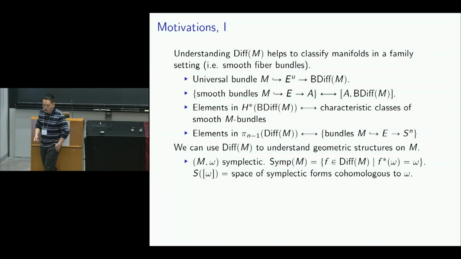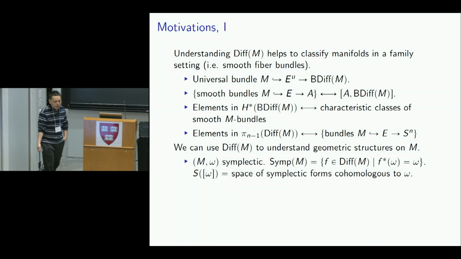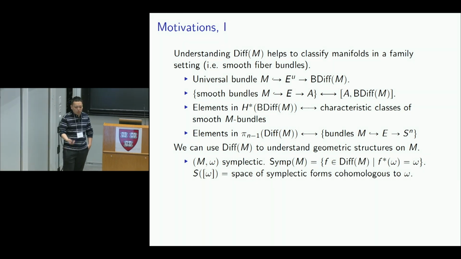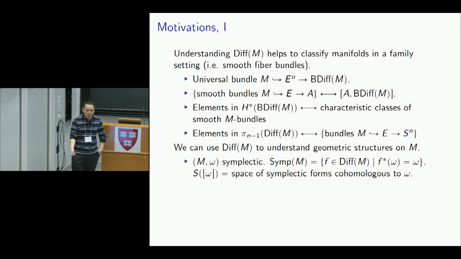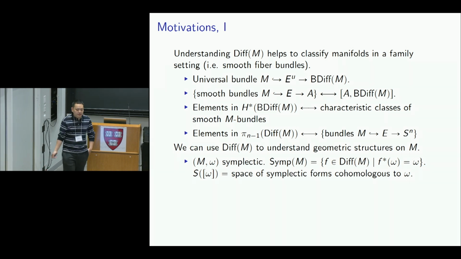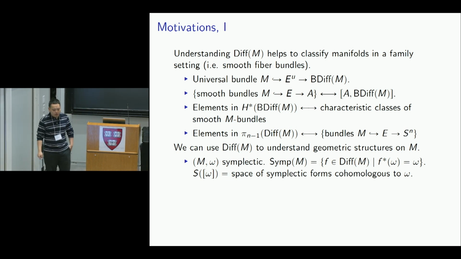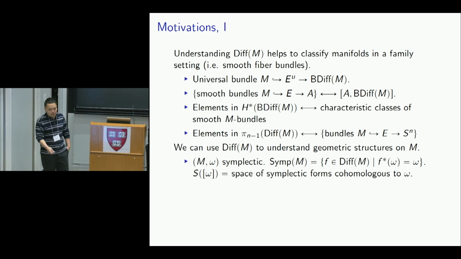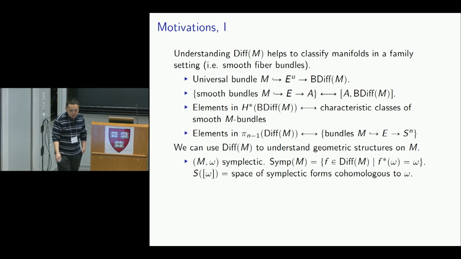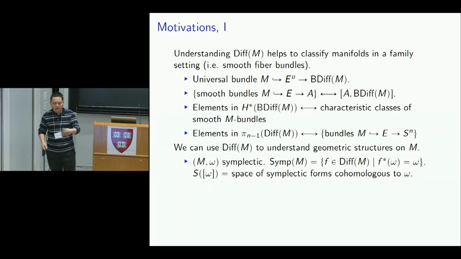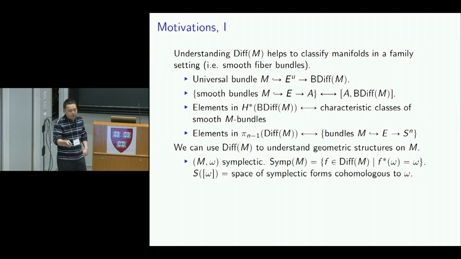Okay, so another motivation is that we can use the diffeomorphism group to understand some additional geometric structures on M. For example, if we consider a symplectic manifold, then we can also think about the symplectomorphism group. And we also care about the space of symplectic forms in a given cohomology class. Let me denote this by S omega. It turns out that there is a fibration relating the diffeomorphism group, the symplectomorphism group, and this space of symplectic forms,